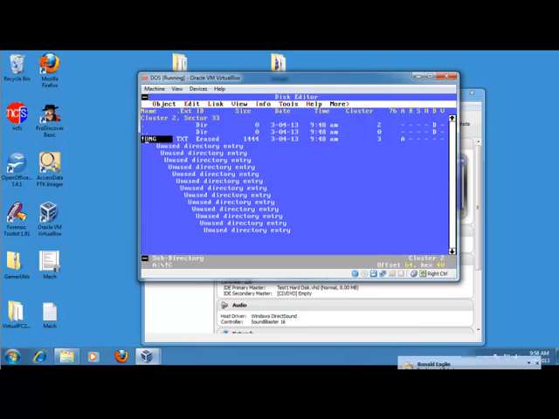Now, this is fine, but before we go on, I need to add something here that you need to know. The first thing is you want to make a note of the size of the file and the starting cluster. In this particular case, the file is 1,444 characters, and it starts at cluster 3. That's going to be important to us because